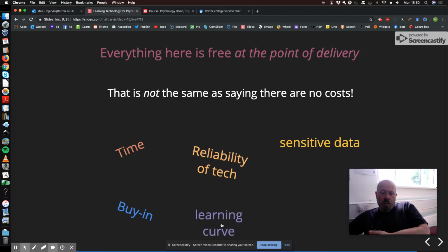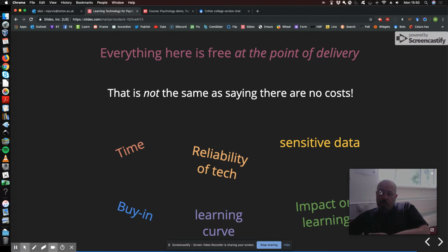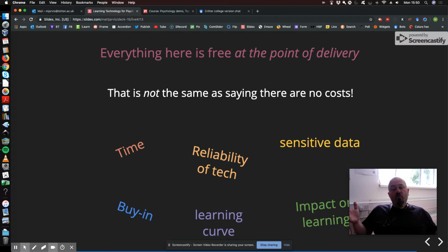It's always going to be a bit of a learning curve. Some of the technology I've shown here has quite an easy learning curve. Some of them are quite steep, but none of them require coding, so they should be possible to learn. And finally, think about the impact on the learning, because that's where you're ultimately going with this. There is good reason to believe that if students engage in stuff and that it mirrors the kind of ways they would use technology outside formal learning, there's every reason to suppose it will have a positive